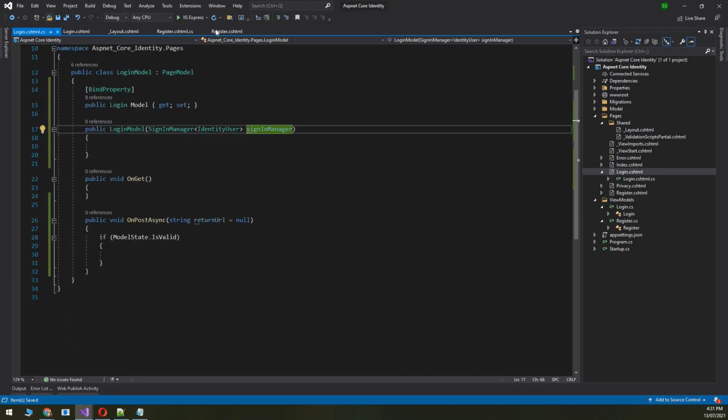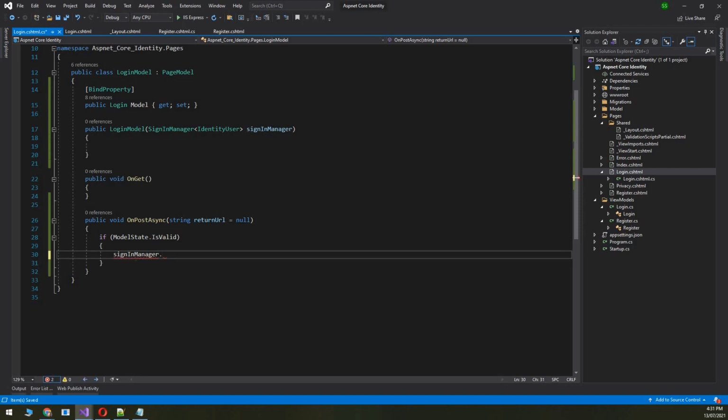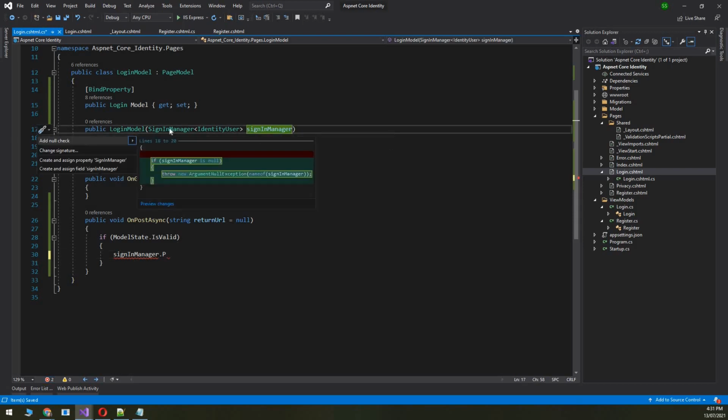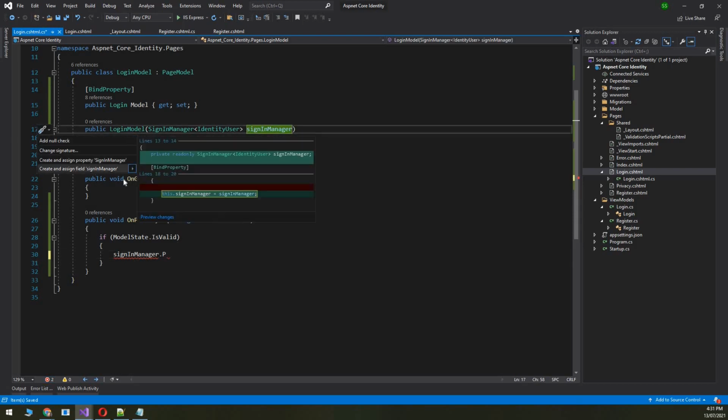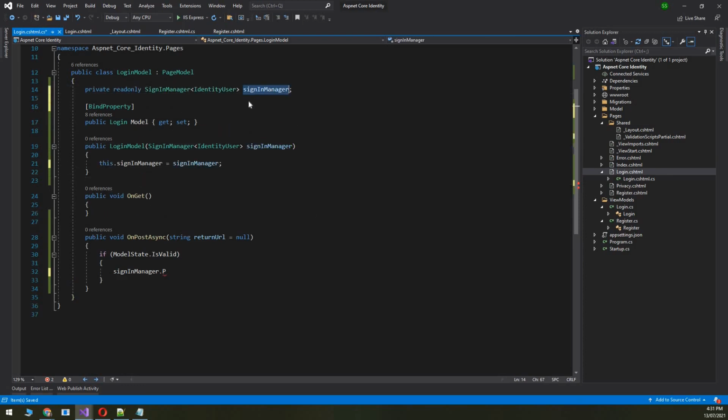We basically want to use its function, so we want to create a property and use it to call the method